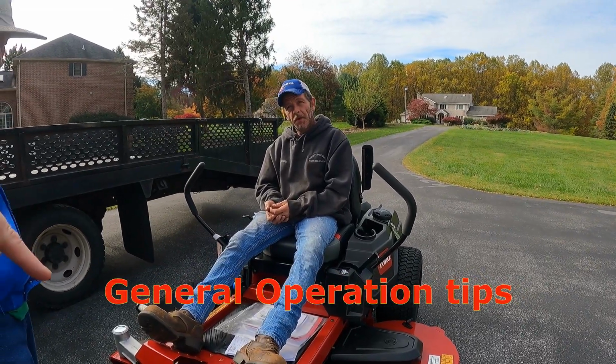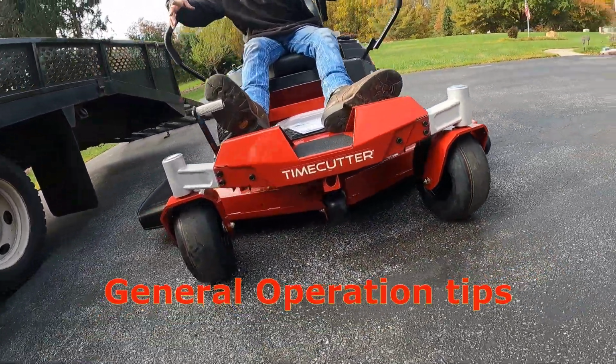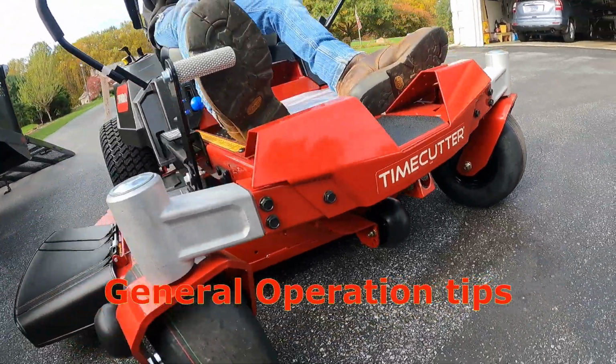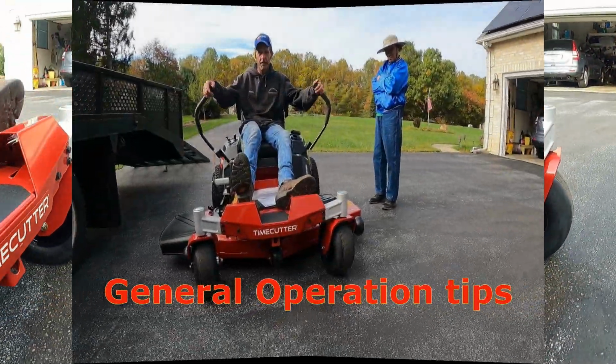So there's only 2 anti-scalp wheels on the front, right? There might be a third one under the front. Oh, there is. You're correct. Good call. Yep, that keeps you from grabbing and digging low around on the deck and scalping as much. Okay, got it. Good information, things that I've